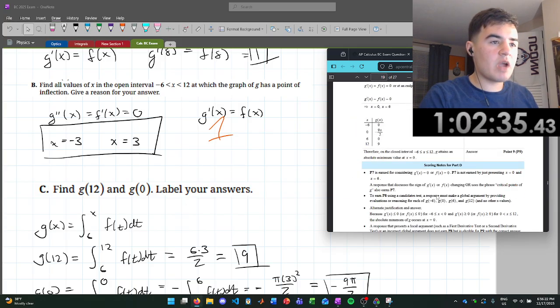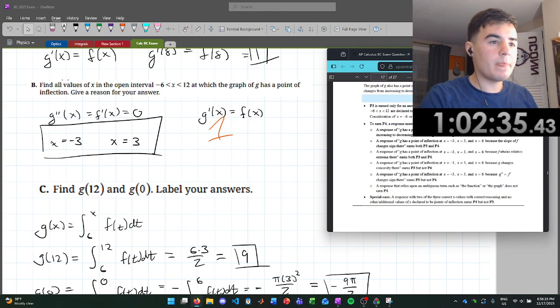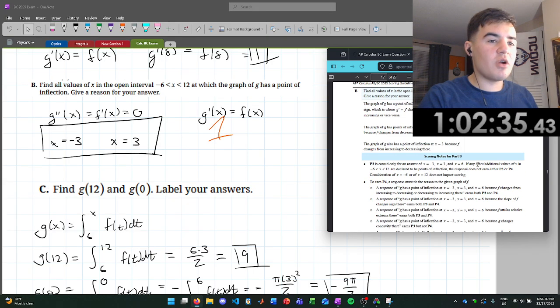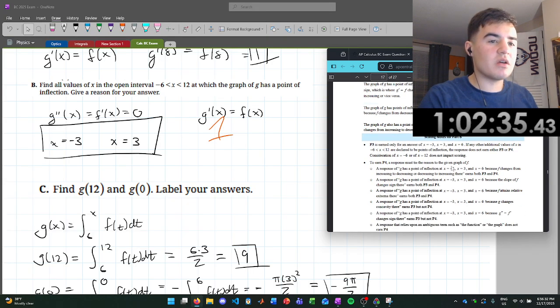Let's see really quick why we scrolled very far down there. Responsive. Wait, let me see. A P3 is only earned for all three. Turn P4 a response of